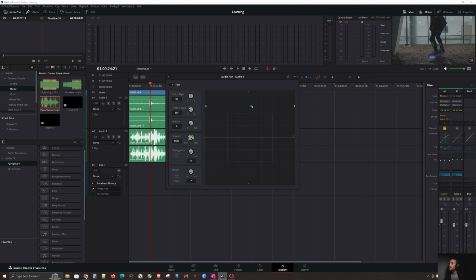So you'll see by default, DaVinci already puts the sound at the front two speakers because it doesn't identify that I have surround sound. I don't have Dolby surround sound, so it does that. But you can actually move this around and really control the dynamics of what's on a track or an individual sound. You can say, I want it in the top right corner speaker predominantly or completely, or I want it in the back left side. So you can move this thing around and get some really dynamic sound designs here in DaVinci Resolve